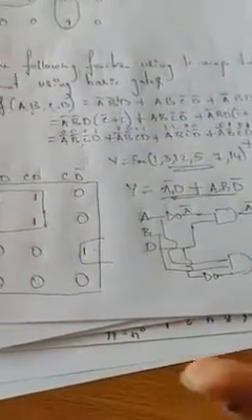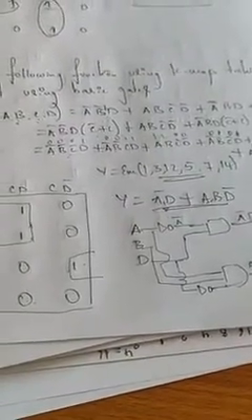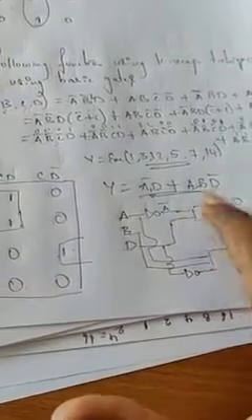So in this question they asked for basic gates. In the coming questions we will solve some questions where they will ask you to implement the circuit only by using NAND gates or only by using NOR gates. I will show those sorts of problems as well.